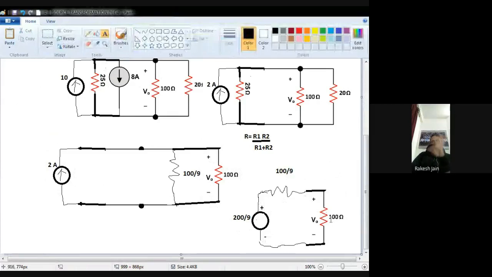Let's suppose I want to calculate the current in the circuit. I is equal to V by R. First I calculate I is equal to V by R. Then that current will be same in 100 upon 9 as well as in 100 ohm. Remember one thing, whenever resistances are in series, the current is same. This 100 upon 9 resistance and this 100 ohm resistance both are in series. Series means one side is connected with each other, other side is at another point.